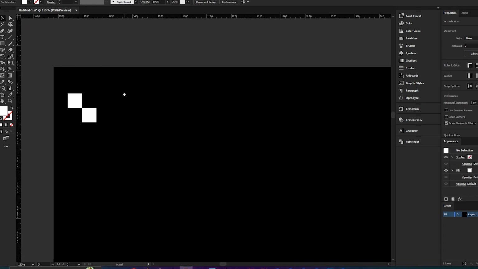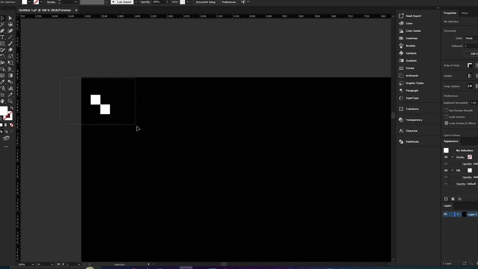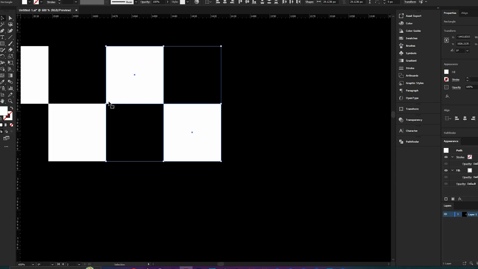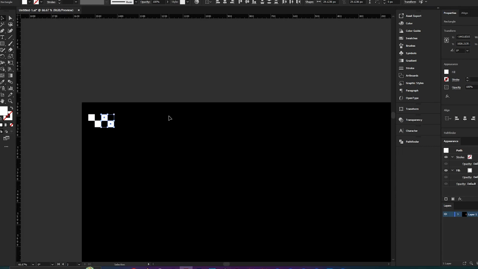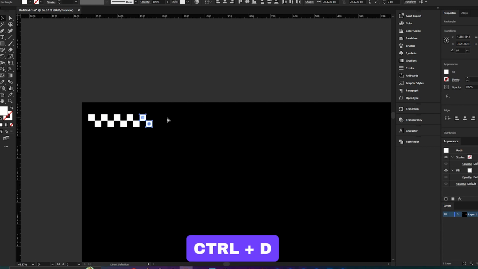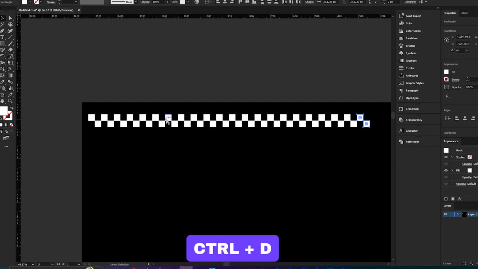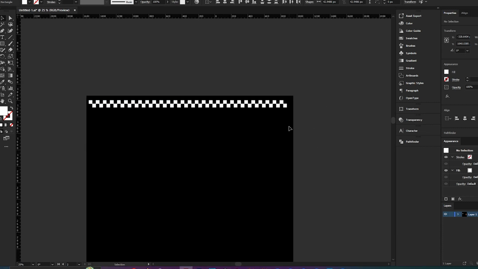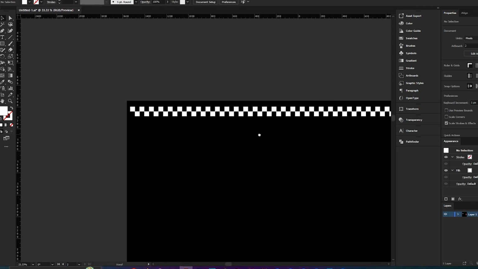Now, if we zoom out a little bit, all you have to do is select both of these squares, hold down Alt, click and drag, and then hold down Shift as well, so these stay in line. And once again, draw them over until the edges meet right here, the corners, and then you can just click Ctrl D on your keyboard to duplicate that process a lot of times. And as you can see, that's creating a very nice and easy pattern to start off with as a decorative